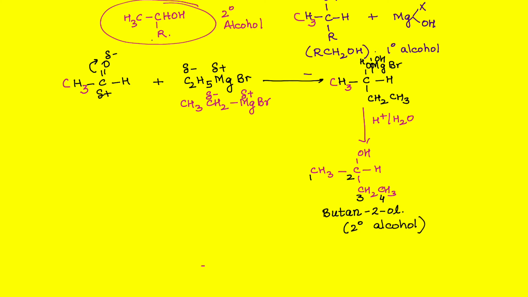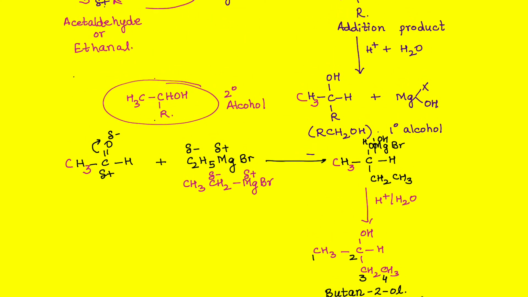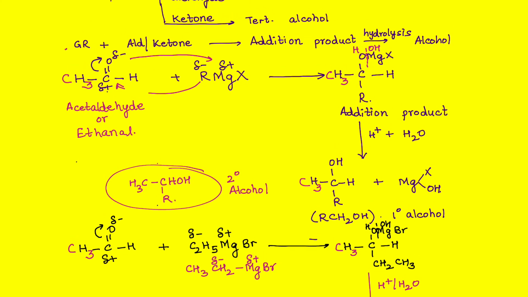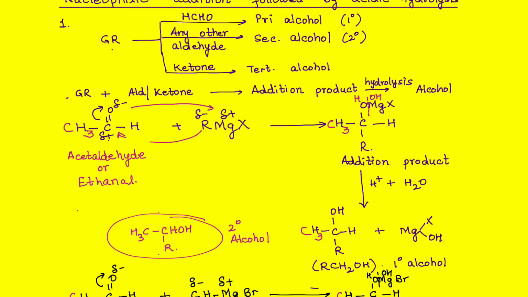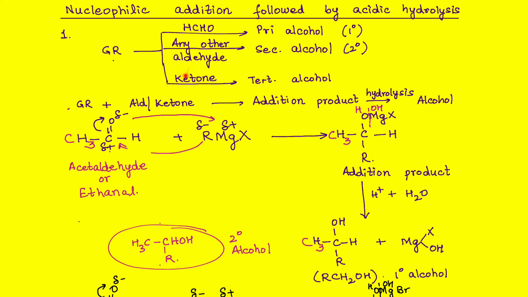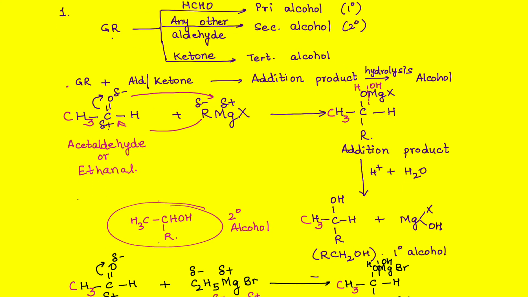Isn't it interesting? Should I go a step further? Right, and we said Grignard's reagent plus a ketone gives us a tertiary alcohol. So I am going to make the modification here itself. So let me make this hydrogen also into CH3. Oh my god, this is becoming so messed up, right? So let me clean up the entire place.